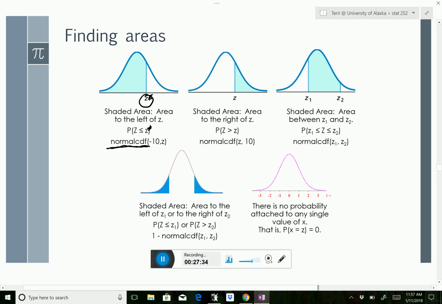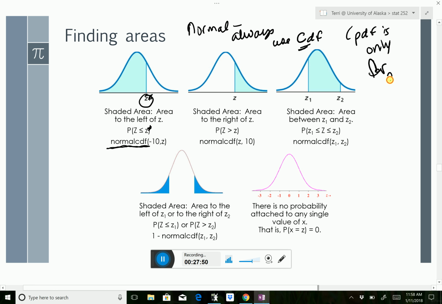We always use CDF with normal. The PDF is only for graphing. It doesn't actually give you probabilities. It gives you the probability density. So shaded area, area to the left. So what we have,